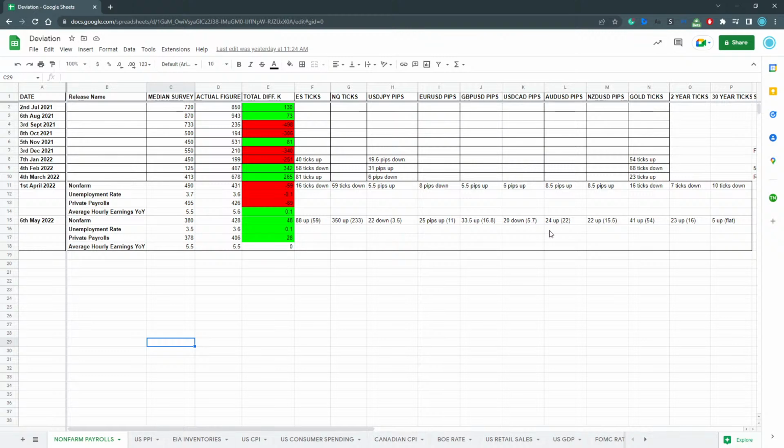What else are we expecting? So gold, if the data's not outstanding, you'll probably get a similar reaction as we'd seen here. But more so, I think the focus was that the average hourly earnings year on year was in line with forecast and lower than the previous figure, and the unemployment rate didn't go down either. So for gold, you're of course watching the headline figure itself, but these two, the unemployment rate and the average earnings year on year, are going to be quite important to keep an eye out for.